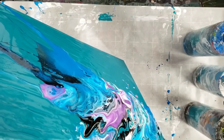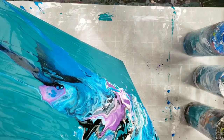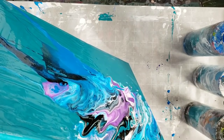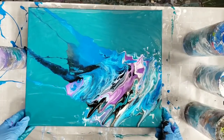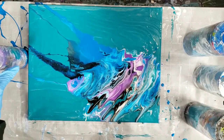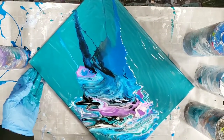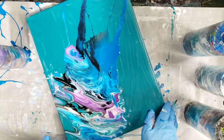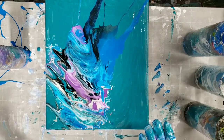Ooh, we're getting some really pretty turquoisey cells in there. Teal, rather. Okay, how's that? And you should do more slapping. Should we put more paint in the glove? Yeah. And do it again? Okay, let's do it one more time. Do you want to try actually putting it in the glove? And then you put the glove lightly on and you...